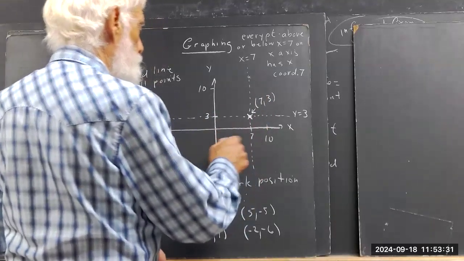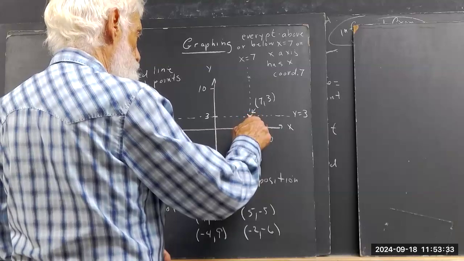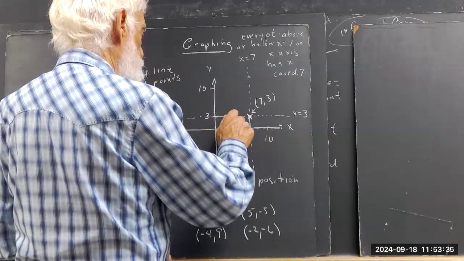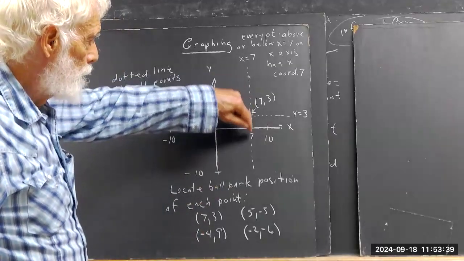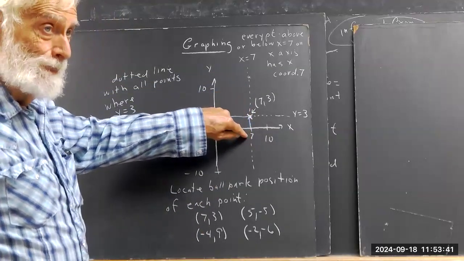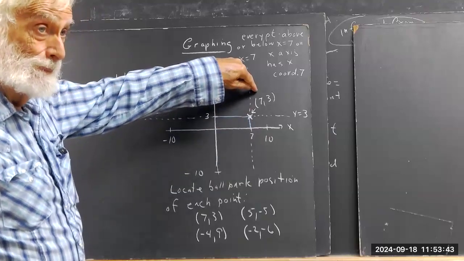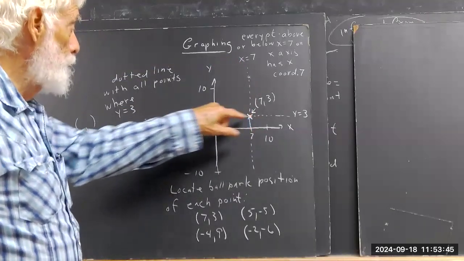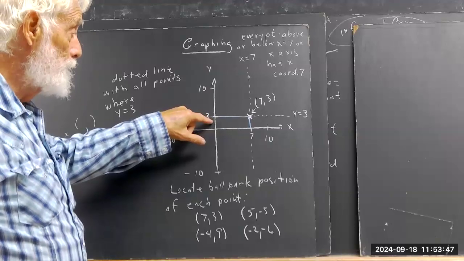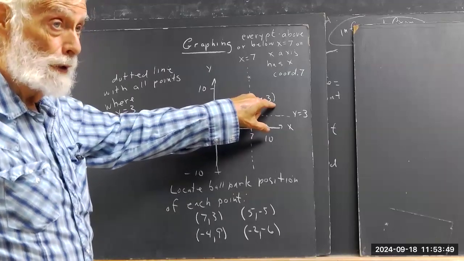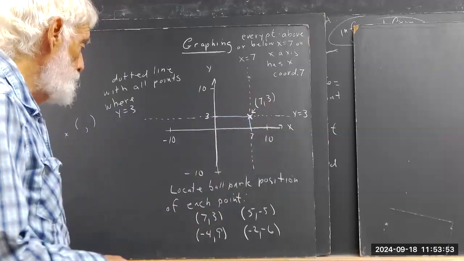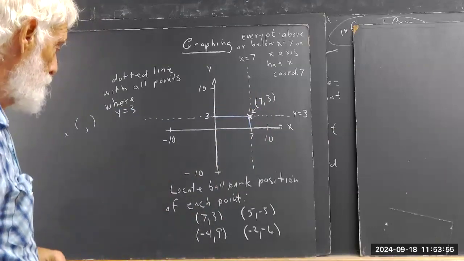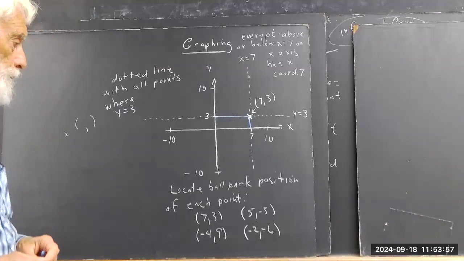Now we could draw what we call projection lines. Draw a line down to here, a line over here, and verify. If the line down to the x-axis lands on 7, then the x-coordinate is 7. If the line drawn horizontally over to the y-axis lands on 3, then the y-coordinate is 3, right? Okay, well that's more than most of you need to say. Make sure everybody's got what they need. Now let's try